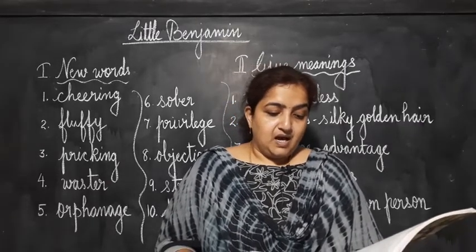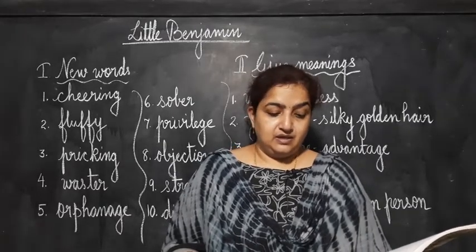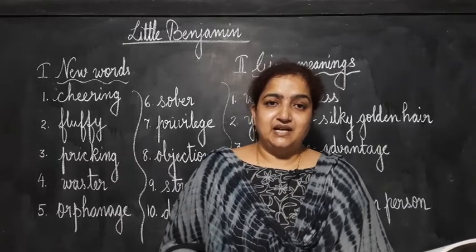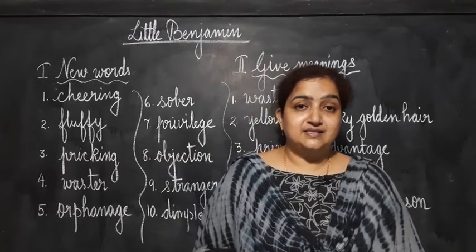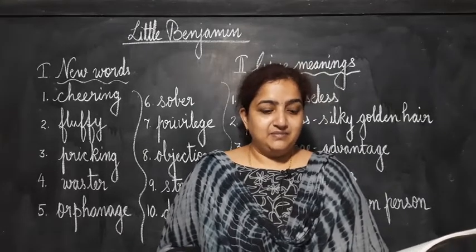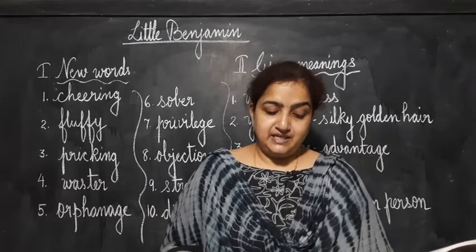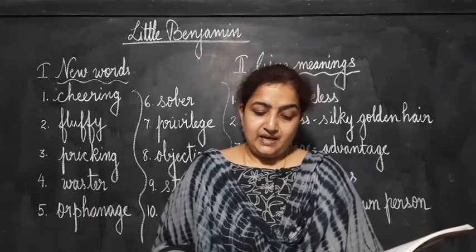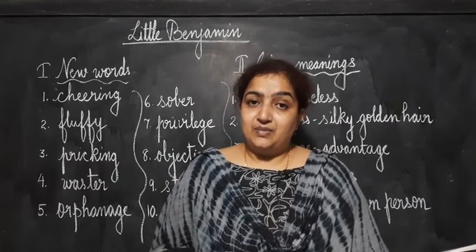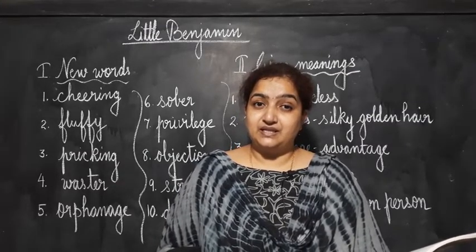"How can he talk when he hasn't got any teeth?" Who said these words? Adam said these words, isn't it? When Joseph asked his mother, can the baby talk? At that time, Adam said, how can he talk when he hasn't got any teeth? Who replied and what did she say? Mother Golden replied, isn't it? She said that the baby has got a tooth. It is pricking.